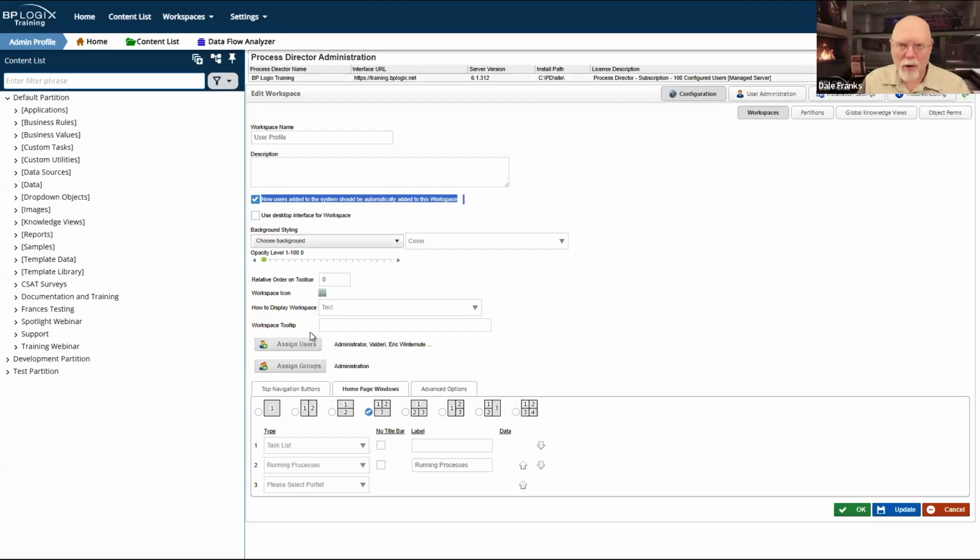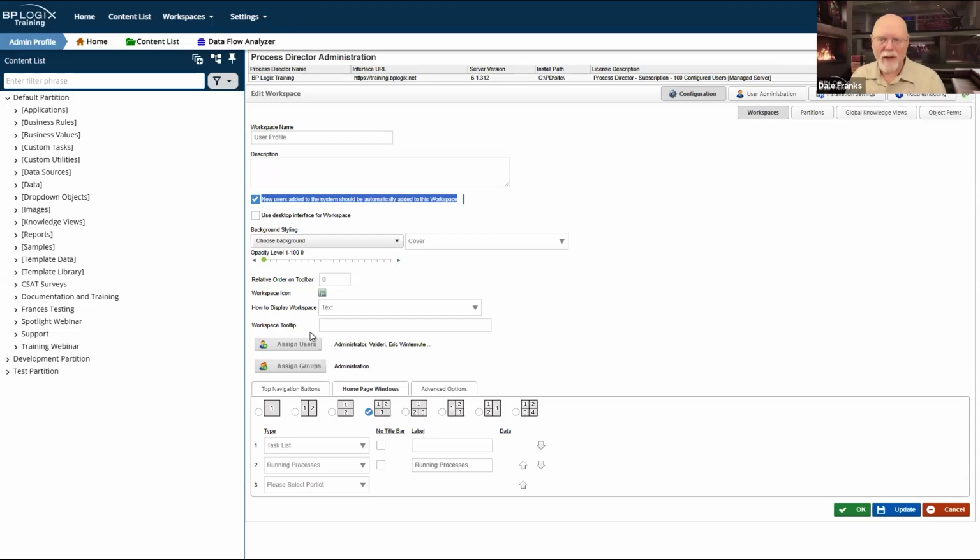Some things that you might want to throw into a workspace like that might be things that every employee has to do. Usually we talk in terms of employees, although for many of you, you don't have all that many employees, but you do have students, and so you might be in a slightly different situation. But for most organizations, you do have employees. Those employees are the people who are accessing Process Director.